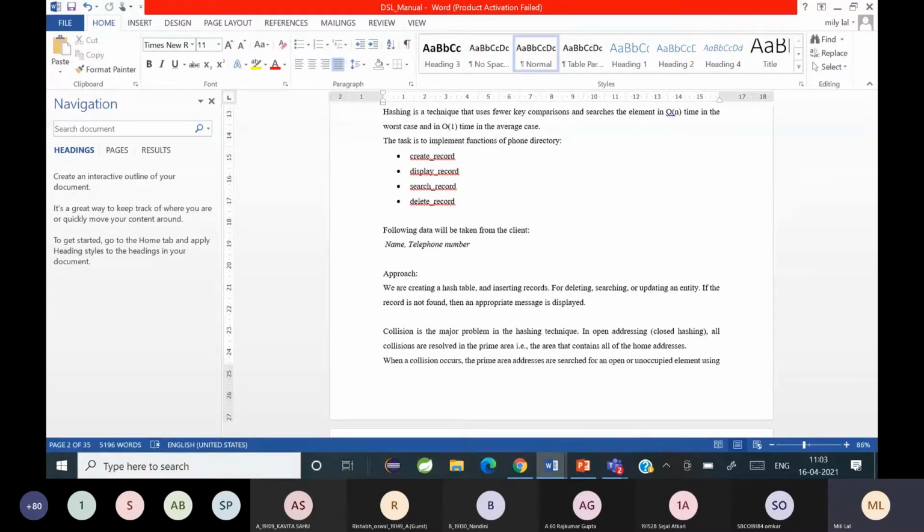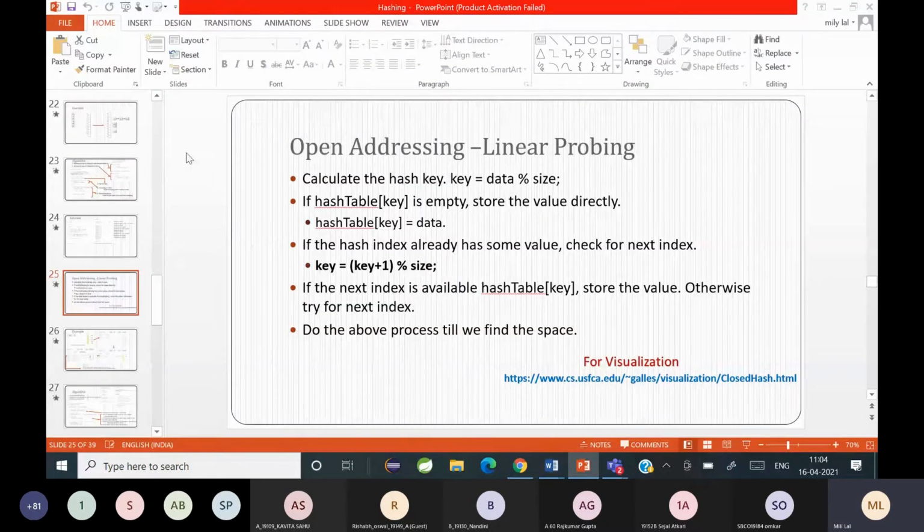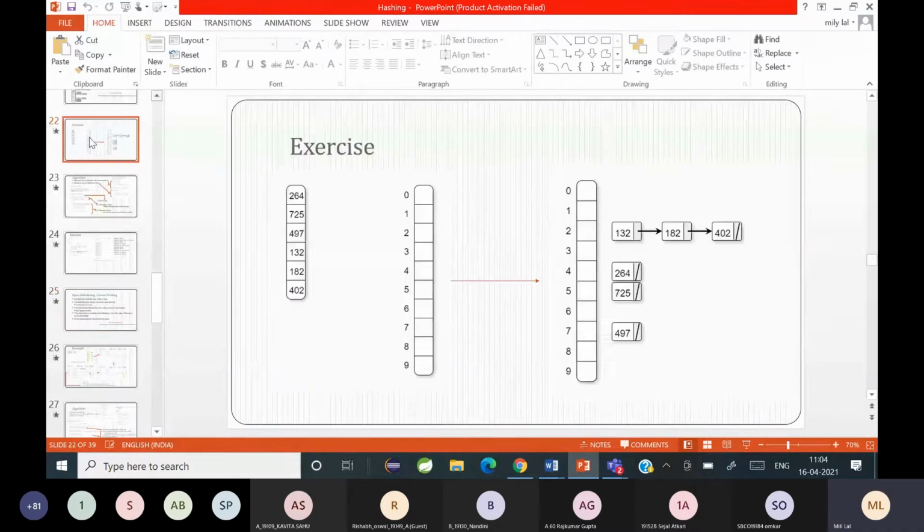Different kinds, do you remember any? Chaining and open addressing. Yeah, you have chaining and open addressing. Okay, and how does chaining work? Look, I have the slide with me that we had used. Remember this? How was this working? Can somebody tell me? This is chaining, an example of chaining. So who's going to tell me how it works?